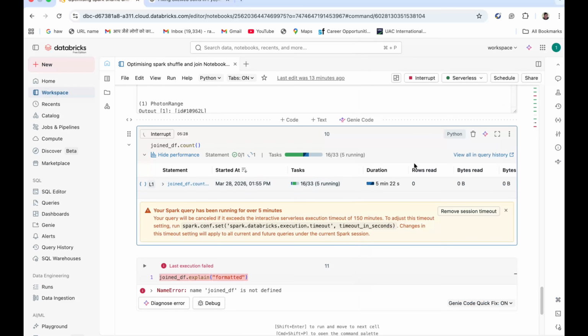Let's see. It says your query will be cancelled if it exceeds the interactive serverless execution time of 150 minutes, right? To adjust this timeout, you can. Because it's taking a lot of time, right? Because it's taking a lot of compute. It increases your compute cost because you didn't think about